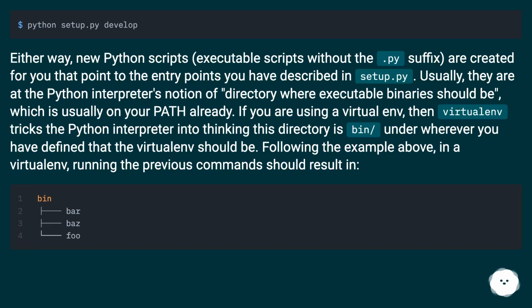Usually, they are at the Python interpreter's notion of directory where executable binaries should be, which is usually on your path already. If you are using a virtualenv, then virtualenv tricks the Python interpreter into thinking this directory is bin/ under wherever you have defined that the virtualenv should be. Following the example above, in a virtualenv, running the previous commands should result in